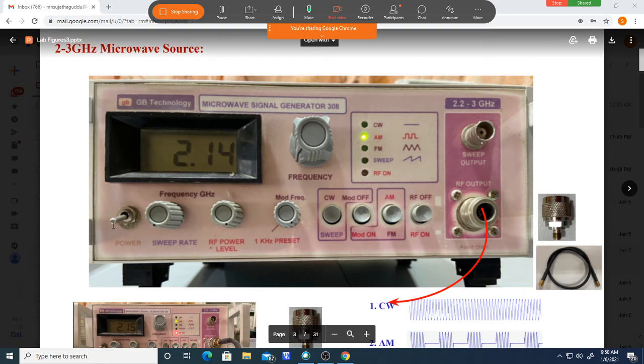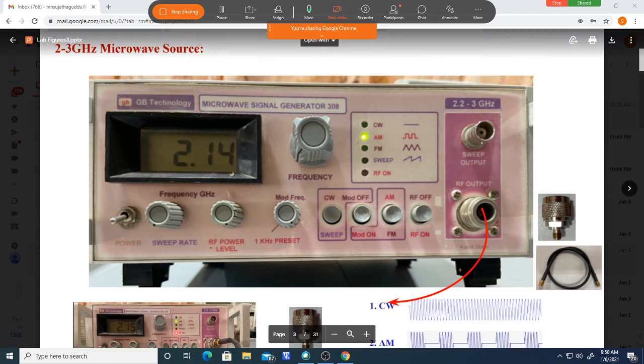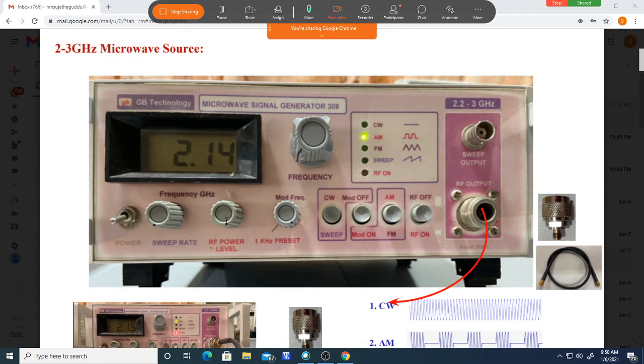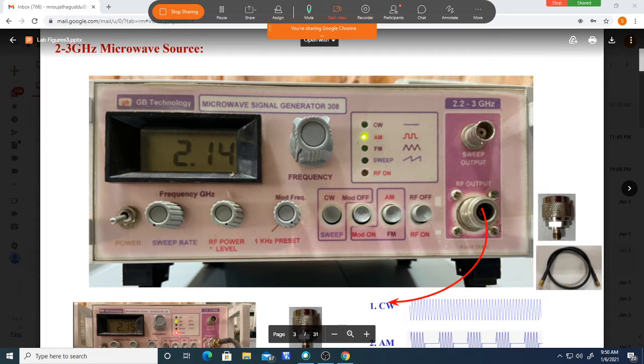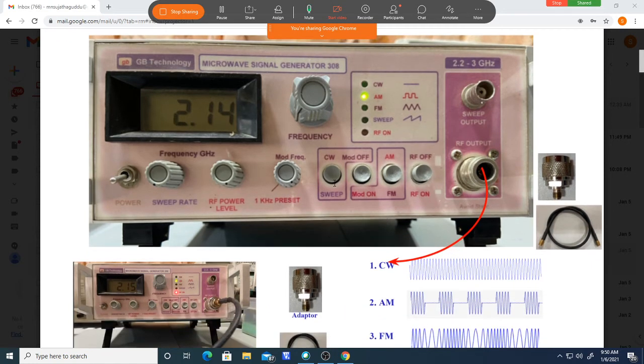So here a toggle switch is there. First you turn the power on, and you keep it in the released position. This one, don't press it. Keep it in the released position first when you start, and keep the power level in the minimum position. This is in the on position. This also should be in the off. Off means released position.